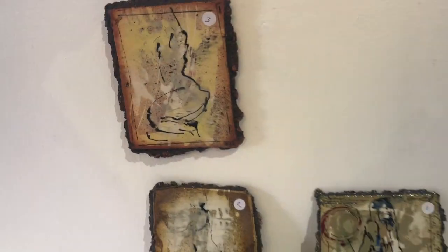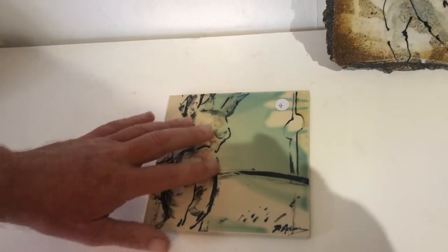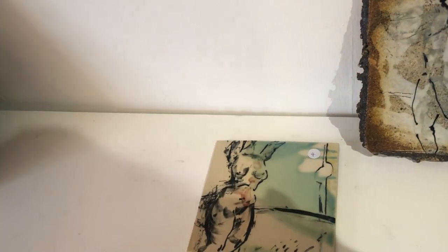So those are 3 stamps. This is a commercial tile. I would have probably done this in the studio. That's got no hanging, so it's just a tile. $30 for that one. And that, yeah, I would have taken that from a drawing rather than doing it at